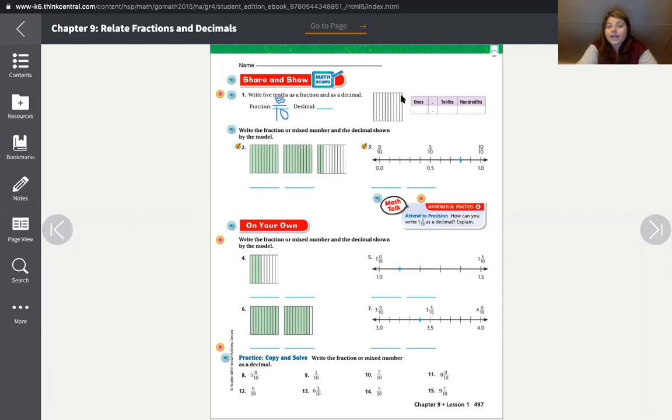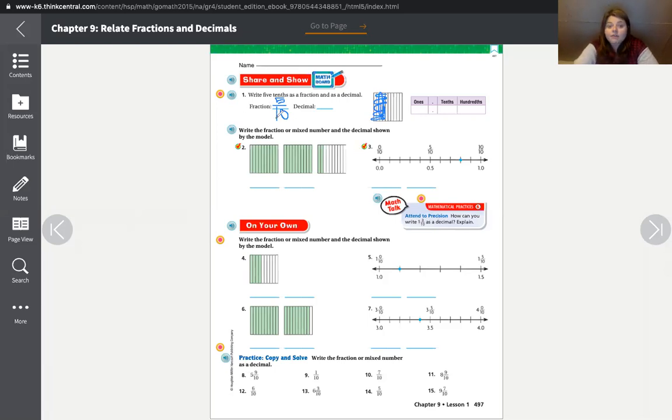Well, I'm going to go ahead. Again, remember, we're at a 10 here. So I have to go ahead and shade 5 out of 10. So if I count 1, 2, 3, 4, 5, and I shade 5,